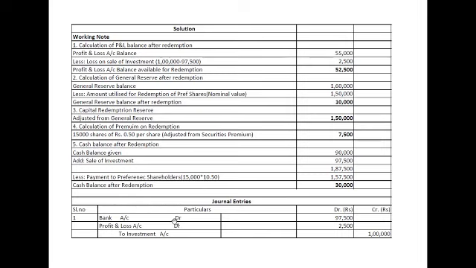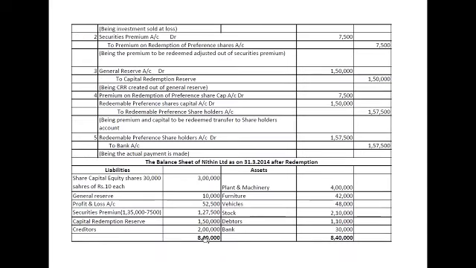Now, the first journal entry for sale of investment, where you are aware of the rules of accounting. When a sale is done, you will receive cash. So bank account debit, the sale amount 97,500. Because of the sale, a loss has happened. So profit and loss account debit 2,500, loss on sale of investment, to investment account. The narration being investment sold at loss.